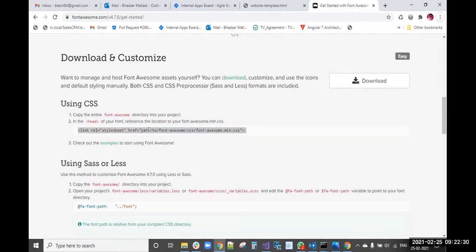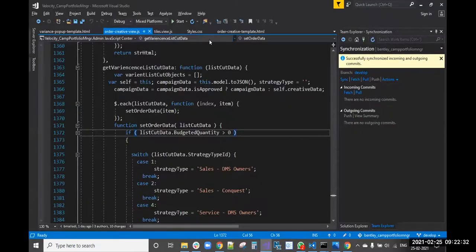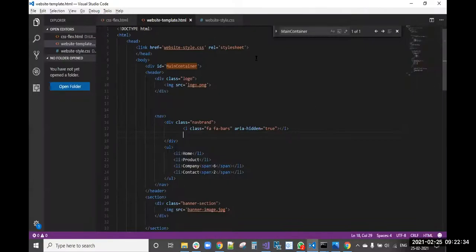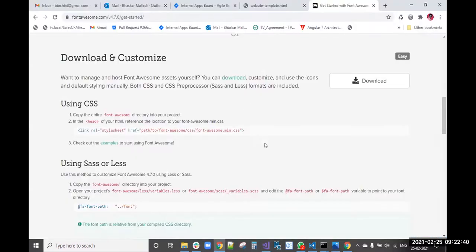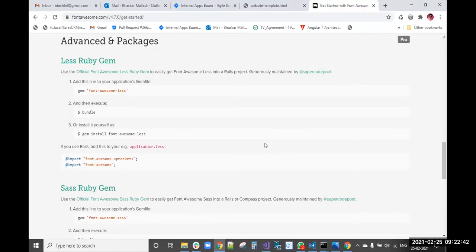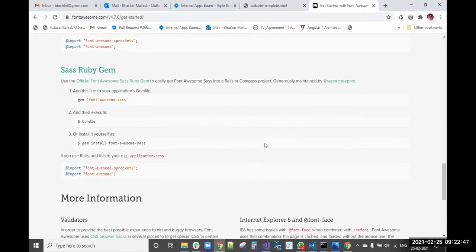This one is there, right? This one we will copy in the header section. I think after that we need to import.